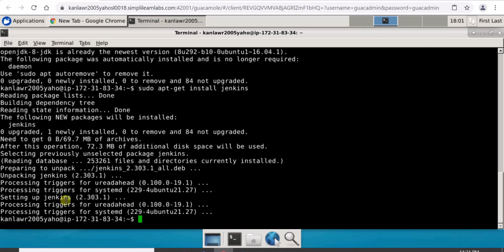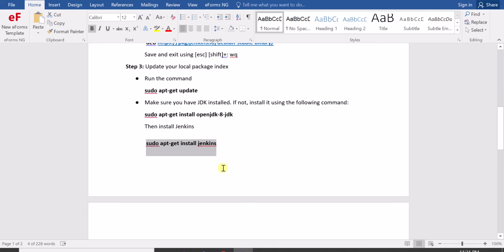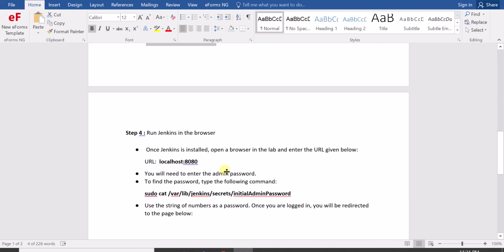You see that the Jenkins version will be 2.303.1. So what happens after installing? Jenkins will open on the port localhost colon 8080. 8080 is Jenkins' original port. So we need to copy this URL and paste it in the browser.